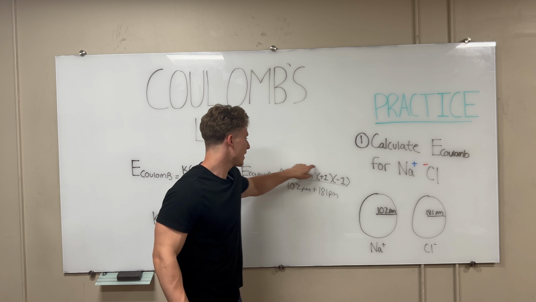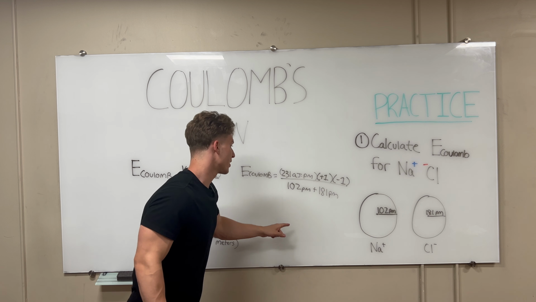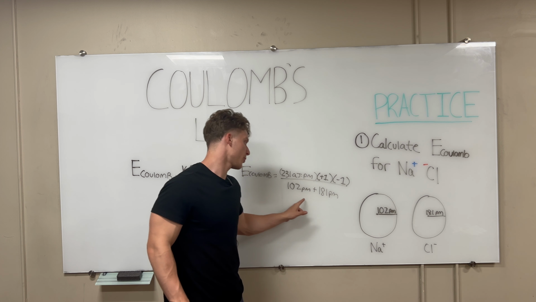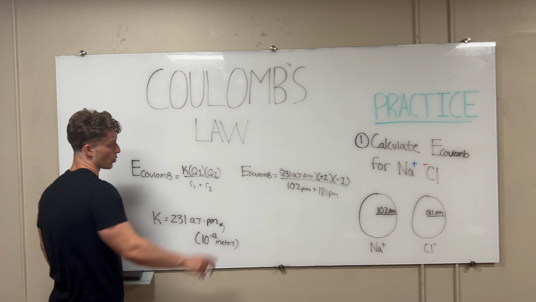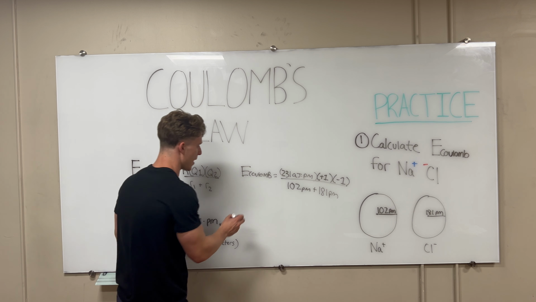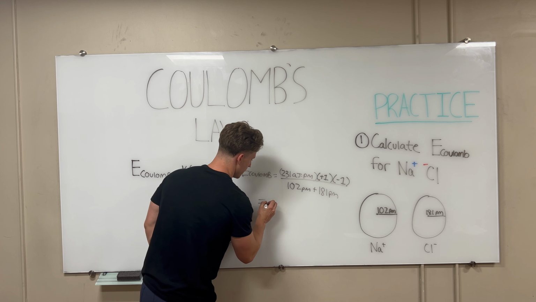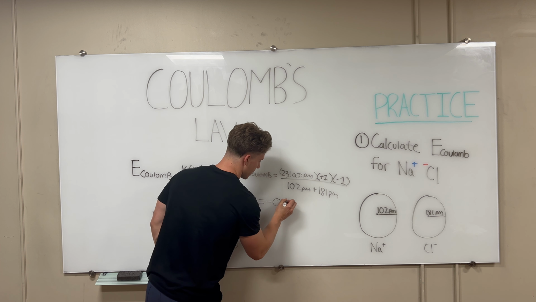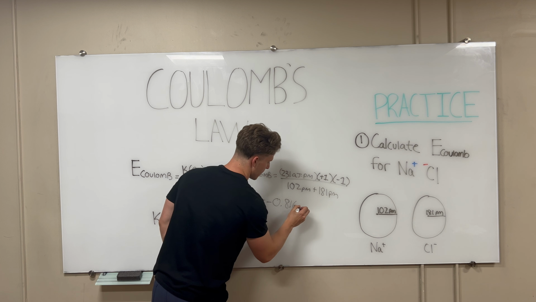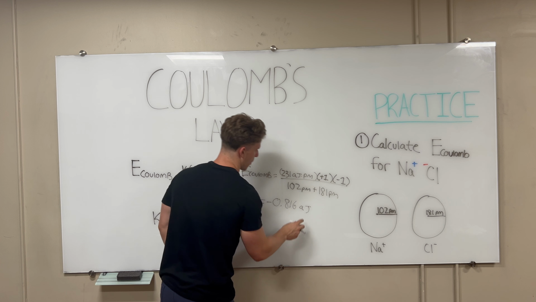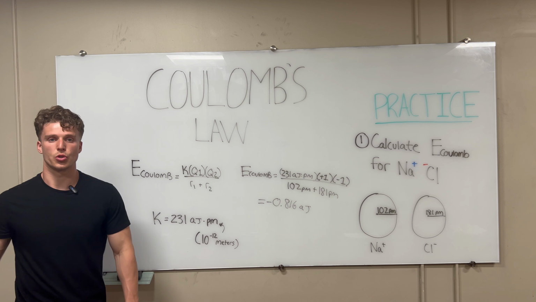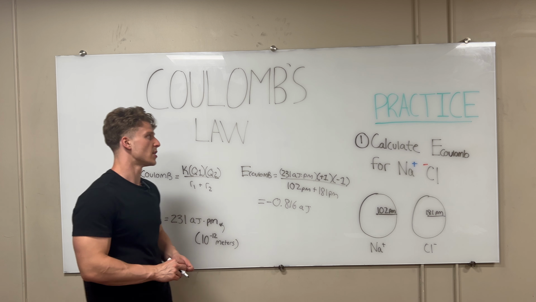Okay, so we want to multiply this out. We're actually going to get negative 231 in the numerator, and we're going to divide this by 283. That's what we get when we add up those two radii. And we get our answer. This should be equal to negative 0.816 attajoules. And we know that 1 attajoule is equal to 1 times 10 to the negative 18 joules,